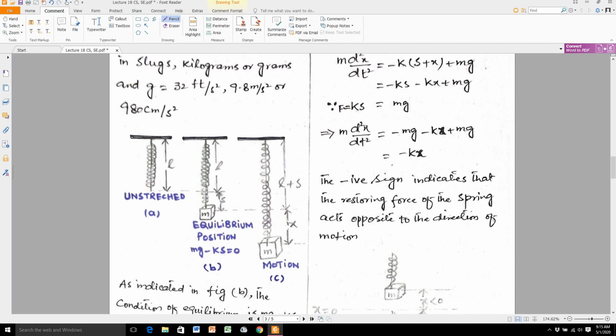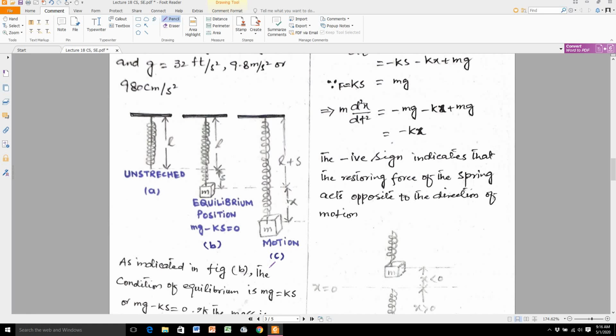When some external force is applied on a body, it stretches more than its equilibrium position. That produces a stretch in the body of about x units. So in this way we say that it is in a motion condition. It is a motion condition of the spring, in which we stretch a spring and then we release it.